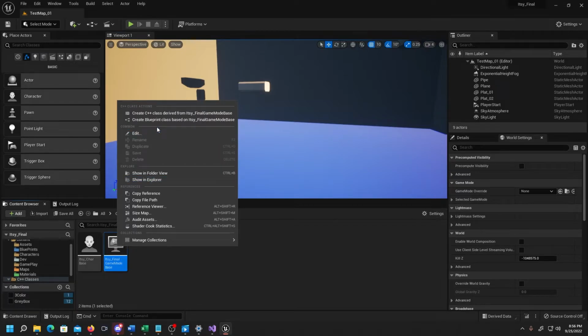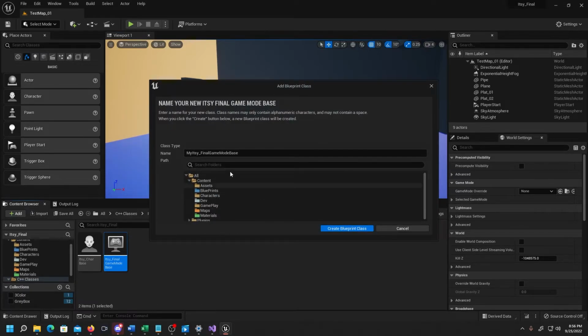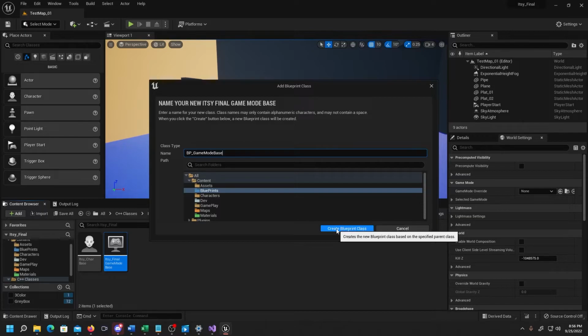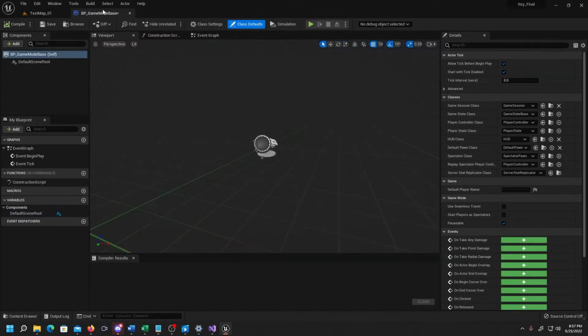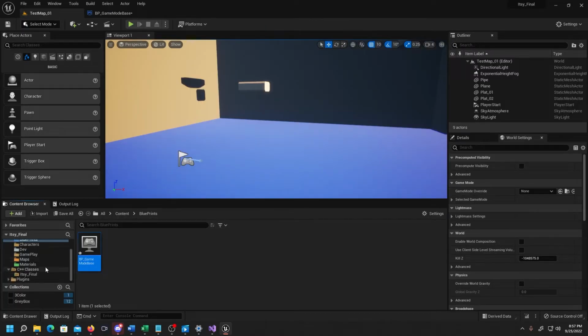So right click on that, and you're going to create a blueprint class for that. We're going to put it in blueprints, and we're going to name it something a little better. So it's always BP for blueprints. So BP game mode base. So that's our BP game mode base. Boom. All right. That's going to open this up. We're going to leave it open, but we're not going to do anything with it just yet